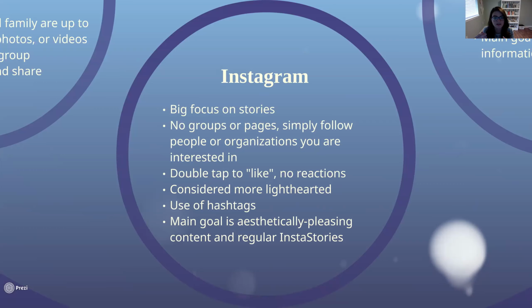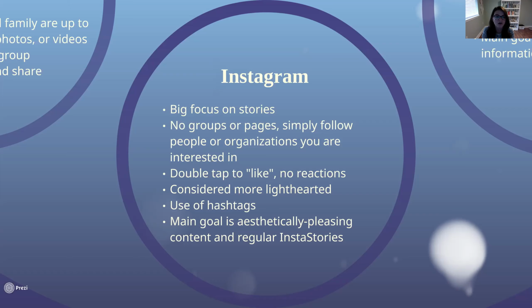So stories can be up to 8 seconds long. Basically what it is, you can share videos, photos. You can share what's called a boomerang, which is basically just a repeated loop of a very short video happening. And basically, if I took a picture of my coffee in the morning and it's kind of a quick picture, I might not post that on Instagram, but I might share it on stories because it's going to disappear 24 hours from now. So it doesn't have to be perfect the way everything else is expected to be on social media, unfortunately.